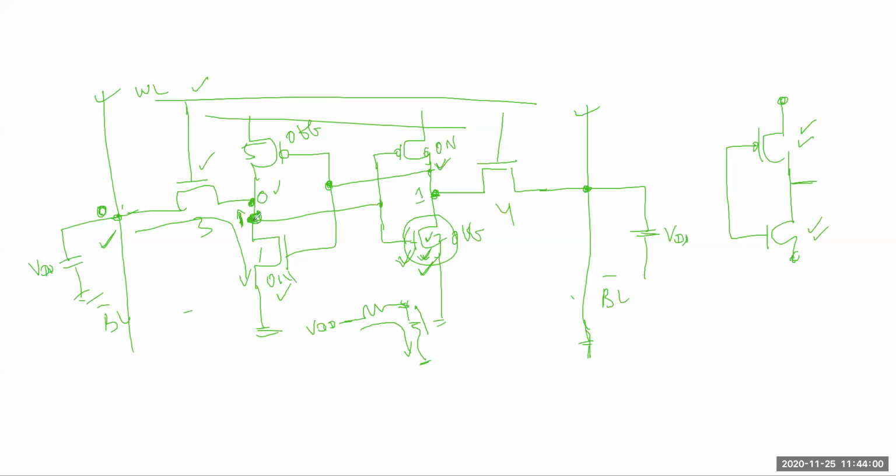So this is the problem. If you know the problem, then we'll go for a solution. Without knowing the problem, if you're sizing the transistor, then it's meaningless. That's why I'm asking what the problem is. You should know the problem. If this is the problem, then what will we do to preserve that value? Then we'll go for transistor sizing. During the read operation, what will the transistor sizing be? During the write operation, what will the transistor sizing be? This is a very, very important point in SRAM design. Other things are simple.